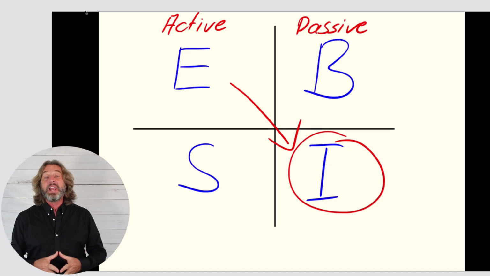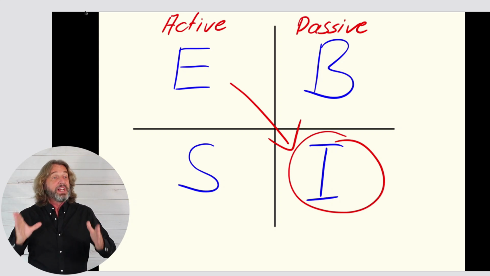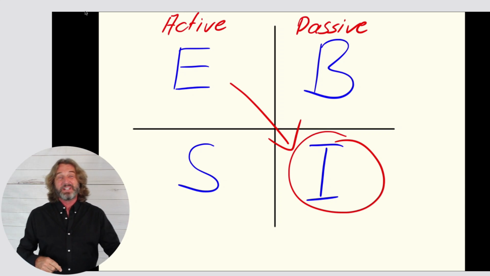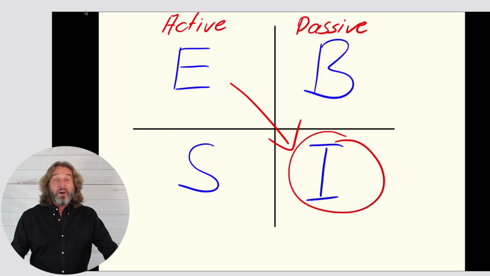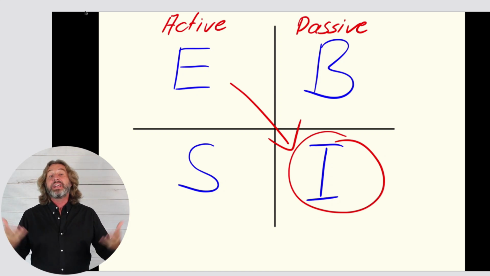The idea here is if you don't find a way to make money while you sleep, you will work until you die. So this is why I highly recommend that you find a way to go from wherever you are in this quadrant, especially if you are on the left side, right here on the left side. So if you are still employed, find a way to have money working hard for you. And for me personally, I believe the best way to get started is trading stocks and options,